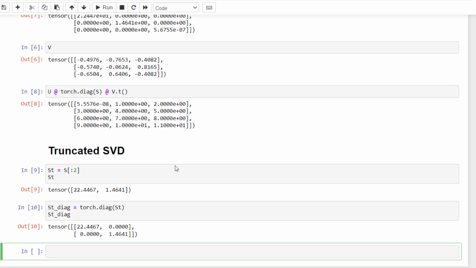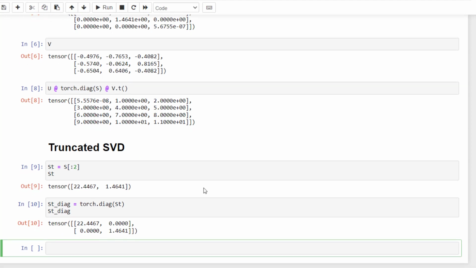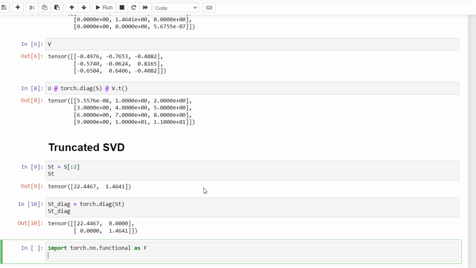Well, it is actually simple, and I have to import torch.nn.functional as F. Then I can say that S_t_diagonal is F.pad, because I need to pad 0 values here and here, and for the first input we say that we want to add padding for this matrix, and in the next parameter we give it a tuple